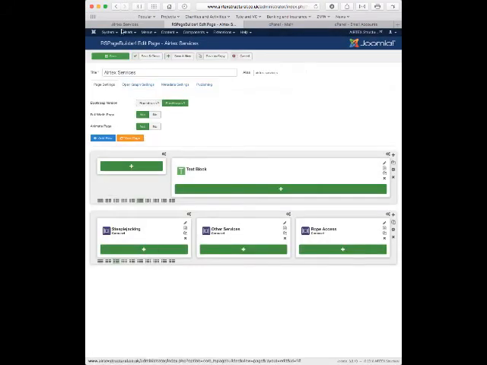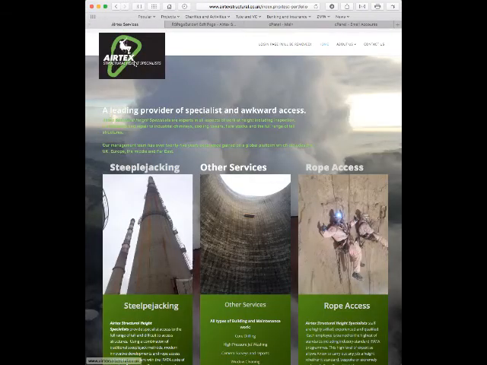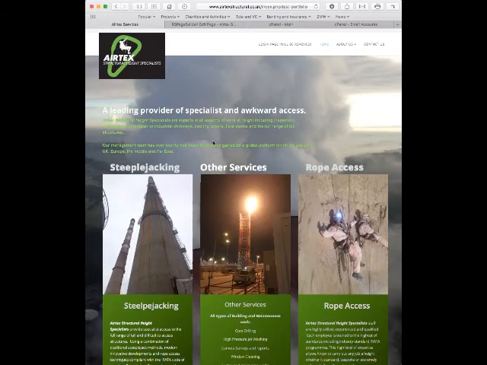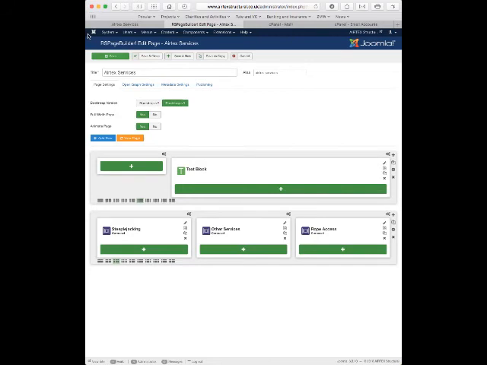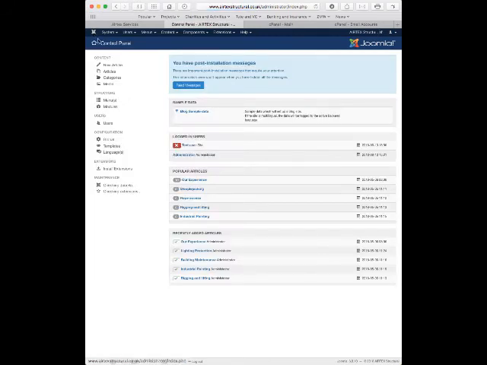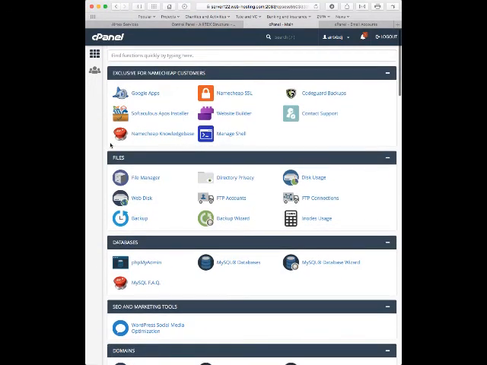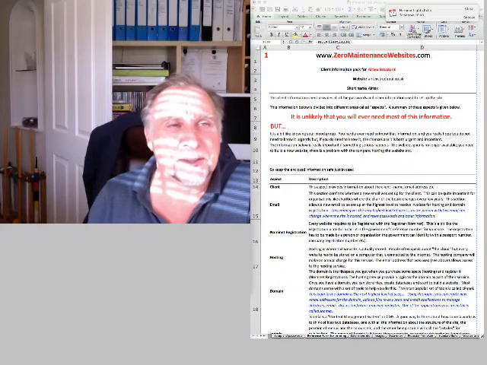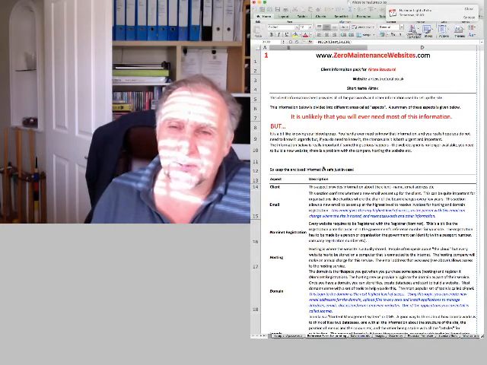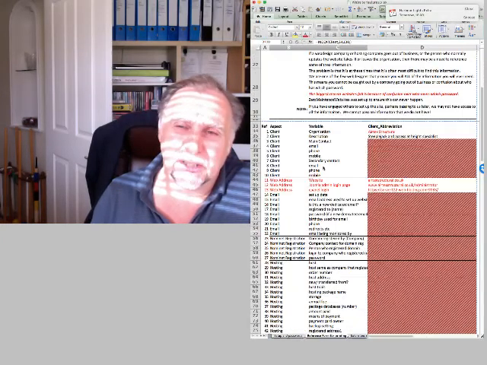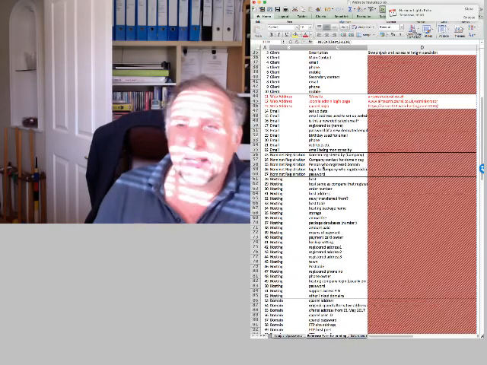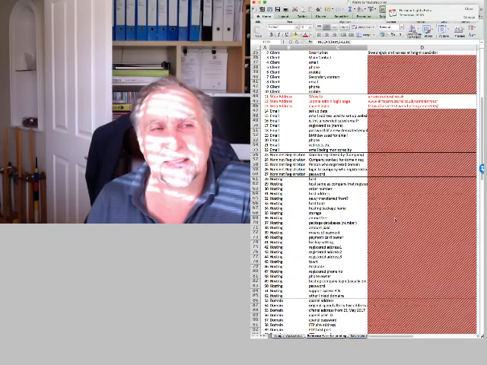Okay, so at the end of that, hopefully that's been about 10 minutes, we've got the three things: the front end, the users access, the back end that allows you to edit that, and then cPanel that allows you to set up email addresses and so on. And what you'll get is a printout of all the information you need with all the passwords that allow you to access any of that as